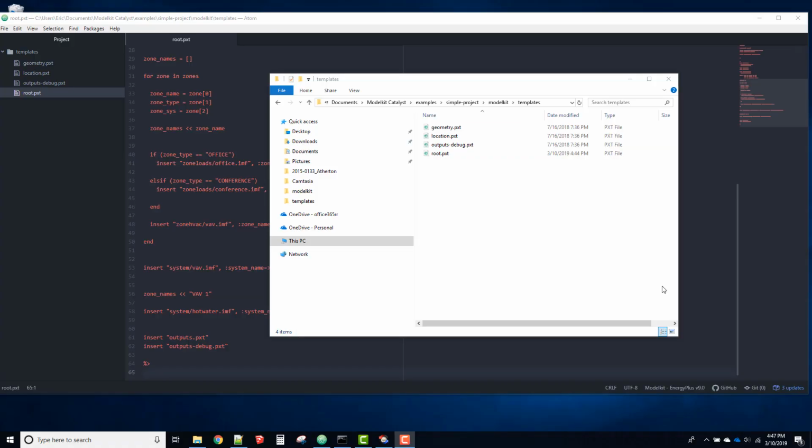Okay, so in the first video we demonstrated how to take the example project in the simple project folder that comes with the Modelkit installation and just compose the models and then run them. And we do that by using these batch scripts that are in the bin folder, compose all and then run all. And when you compose all, it creates these 4 energy models, and you can probably tell